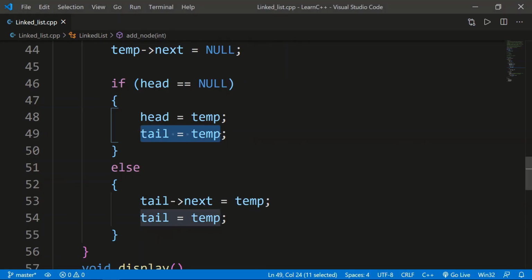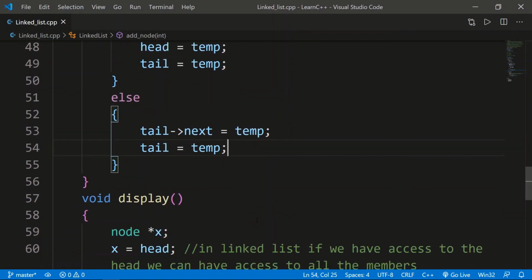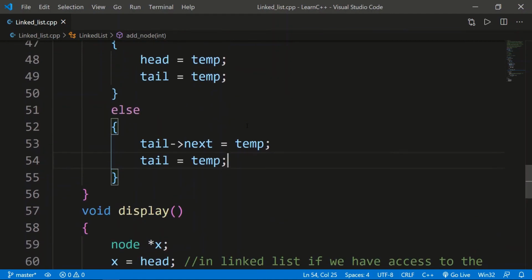So we'll just add tail next, meaning after the tail insert this temporary node that you just created and make it the new tail, because whatever value is passed last should behave as the tail. That's why we created this tail, because we should know that this is the last member or node. Okay, that's how we added nodes.